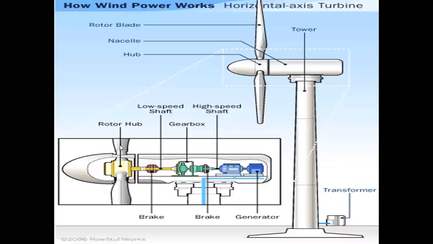Now this is the same. This is a rotor and the blade is attached on the shaft. Whenever the blade is rotating attached to the low speed shaft, it rotates at only 15 to 30 rpm or 60-70 rpm, which is converted into 1200 or 1500 rpm with the help of the high speed shaft.